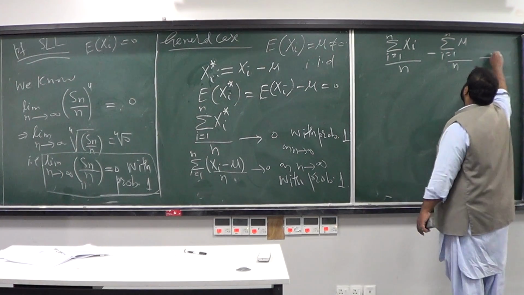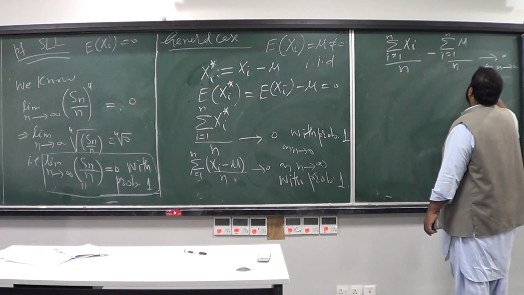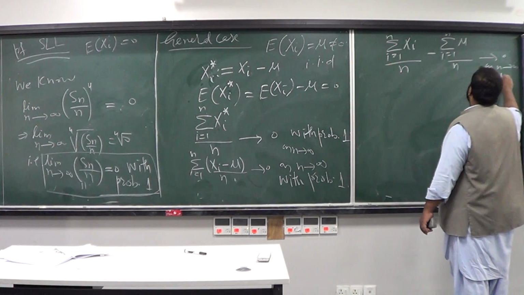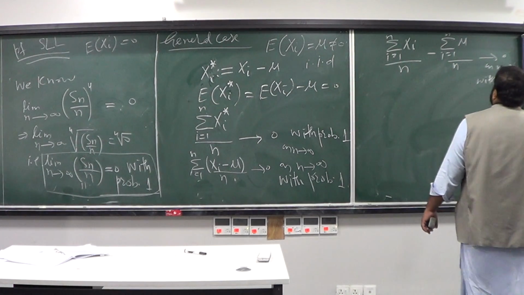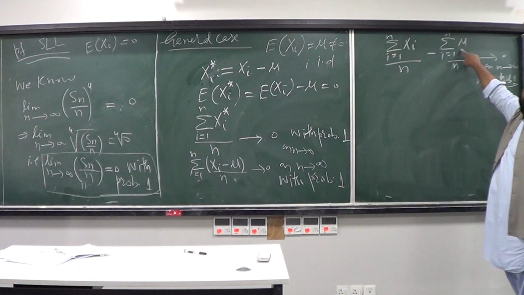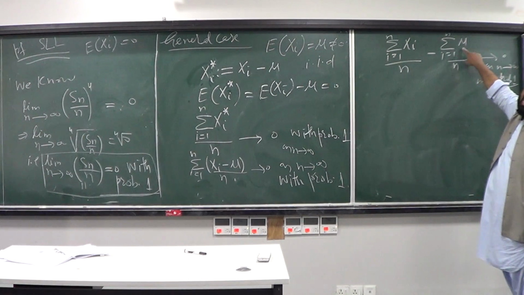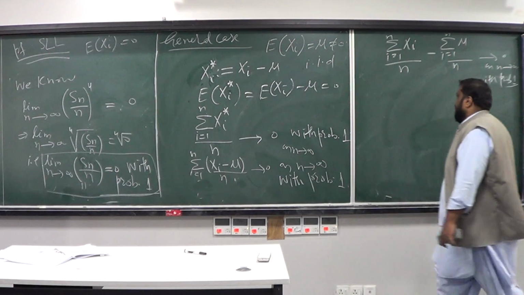Okay, this goes to 0 as n goes to infinity with probability 1. Now what would be this term? It is like summing up mu n times, so it will become n mu. So n mu divided by n will become mu. Hence